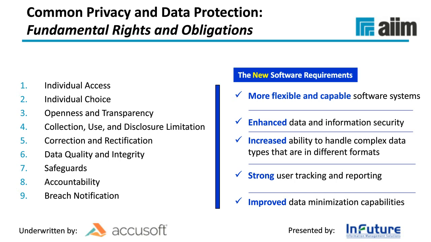Now, what do you need from software and enablers as part of this? You need very flexible and capable software systems to meet most of these elements on the left. We have to have enhanced data and information security. That is a very strong obligation under HIPAA, GDPR, FERPA, whatever privacy law we look at, to secure the data. And also, we have to have a software package that manages multiple different types of complex data. We don't want a one-to-one relationship. We can't have one software package that just does one type of data. That opens up a lot of different insecure channels into the data, and it goes against our secure requirements